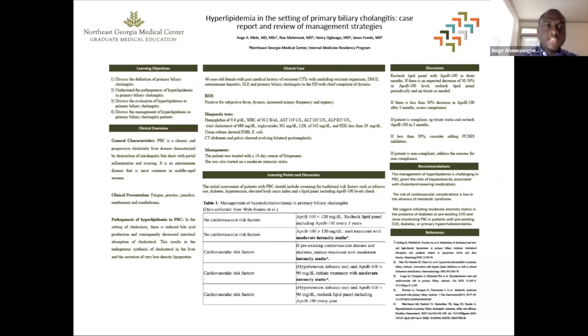This is a 46-year-old female who presented with a medical history of recurrent UTI, type 2 diabetes, autoimmune hepatitis, SLE, and PBC. She came in with a chief complaint of dysuria. Her review of systems was positive for subjective fever, dysuria, increased urinary frequency, and urgency. Her diagnostic labs were positive for leukocytosis of 30, and mild elevation in AST, ALT, and alkaline phosphatase. We also ordered a lipid panel in this patient that was positive for